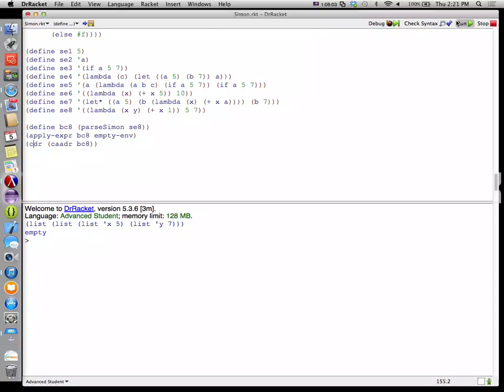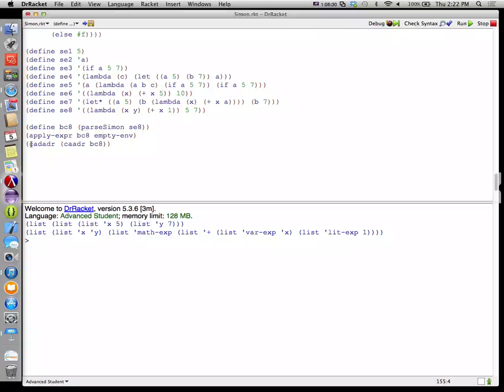Well, let me just look at it again here. All right, so this is a list containing a list. Oh, I need the car of that. That gives me, it's because of how we did our expressions. It contains a list as the operators. So now we have the list whose first element is our parameters and whose second element is our math expression. So now I need the